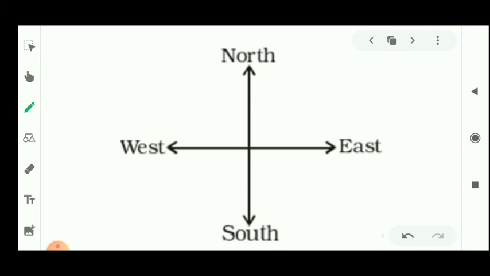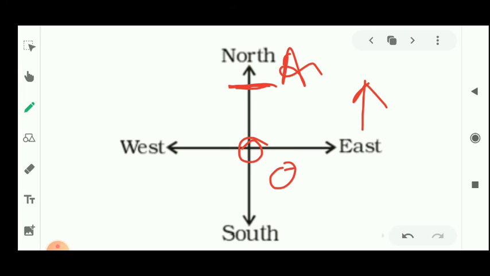Let's see the question. Students, this question is similar in your book, but only the name is changed. In your book the name is Sonia and here the name is Ramesh. Let's see the question. Ramesh started from his house and walked 2 kilometers towards north. That means suppose Ramesh is standing here and he walks towards north direction. That means in which direction? In this direction. Suppose now he is here. That means in which point? A point. He moves from O to A. O is his starting point.